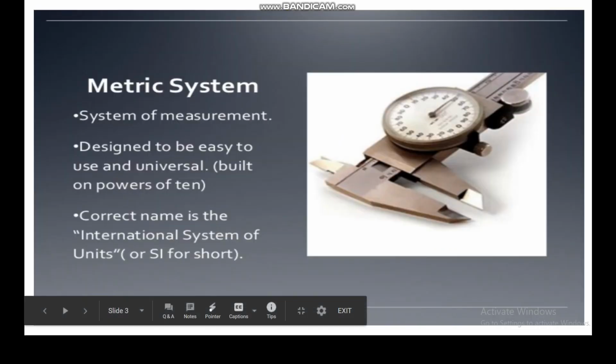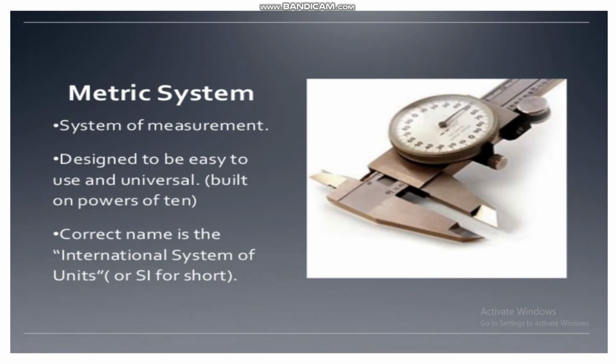Now, children, as we can see here, what is the metric system? If we try to understand, it's a system of measurement. Yes, we all know, because इसमें हम लोग क्या measure कर रहे हैं? हम लोग length, weight, ये सब measure कर रहे हैं. We are trying to find out the weight of a solid object. We are wanting to find out the quantity of the liquids. We are also trying to find out the length. So, it's a system of measurement, and that too it is a standard system of measurement which is followed throughout the country. Now, it is designed to be easy to use and it is followed universally, as I said, and it is built on the powers of 10.